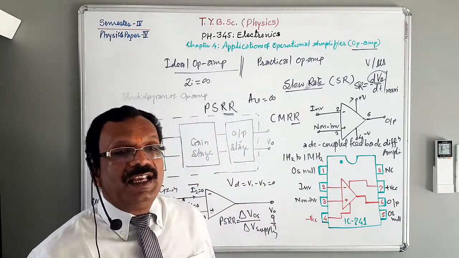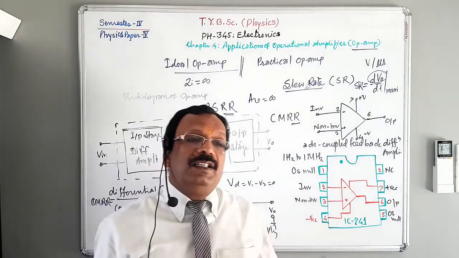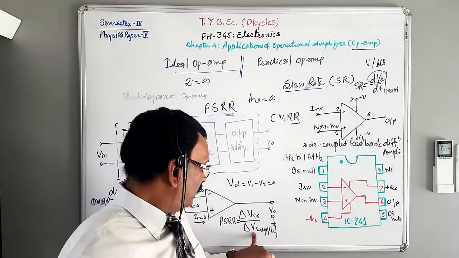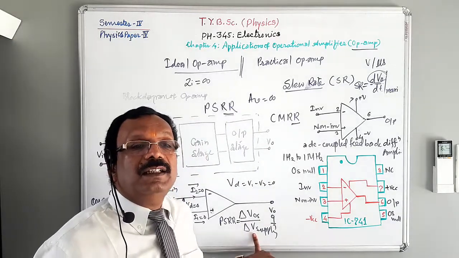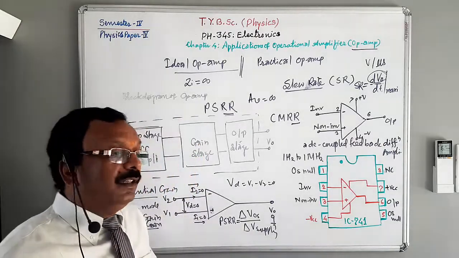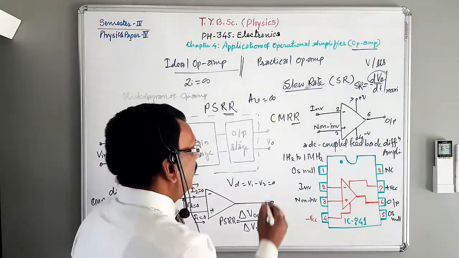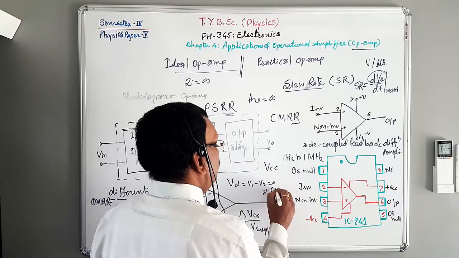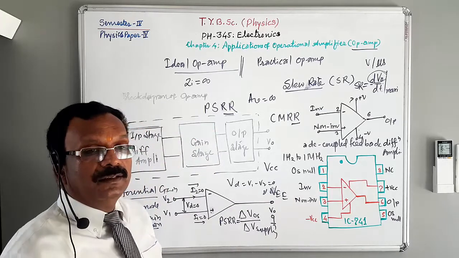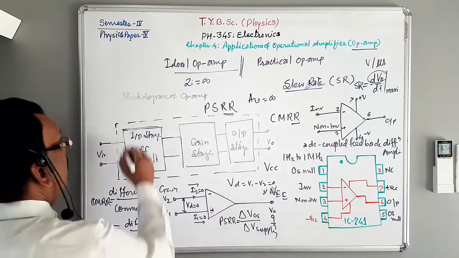The supply voltage change is always expressed in terms of power supply voltage change. Some manufacturers give separate PSRR in terms of VCC and VEE also. And this is expressed like this: